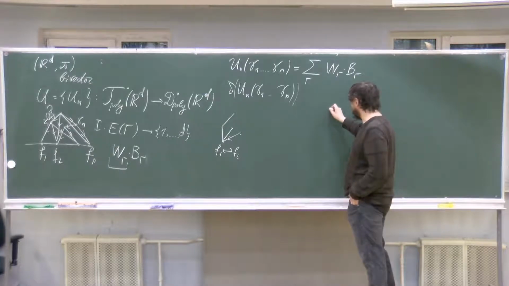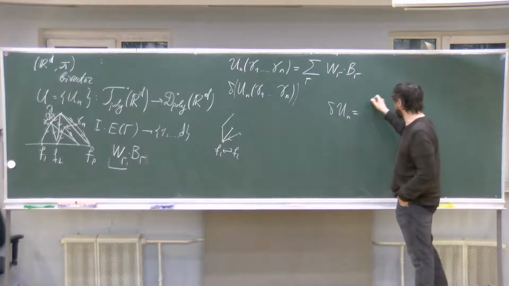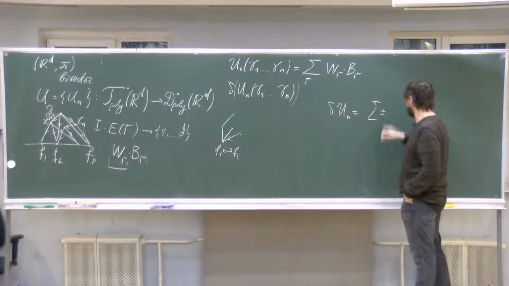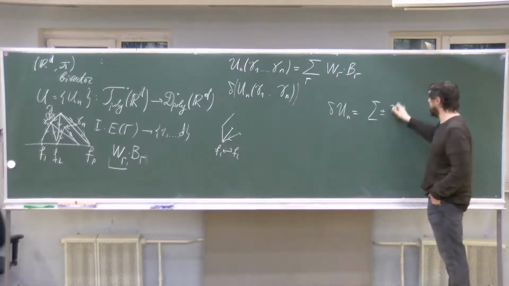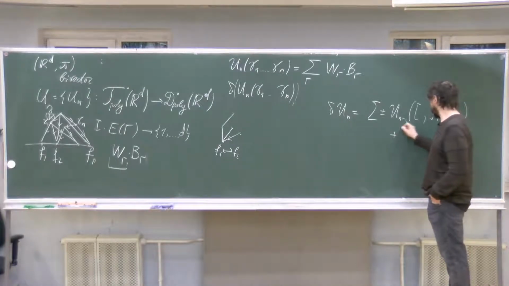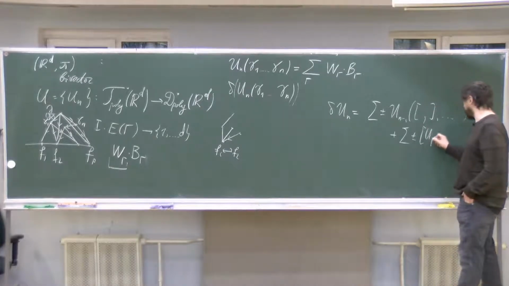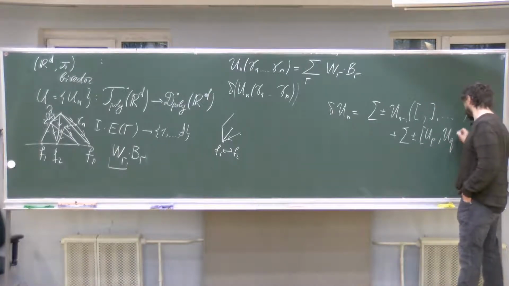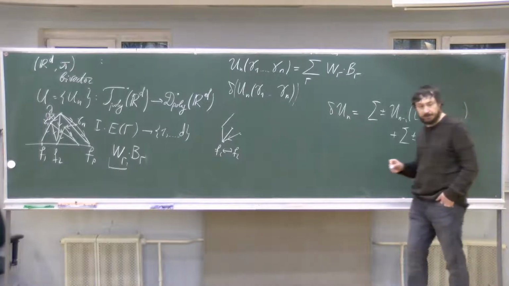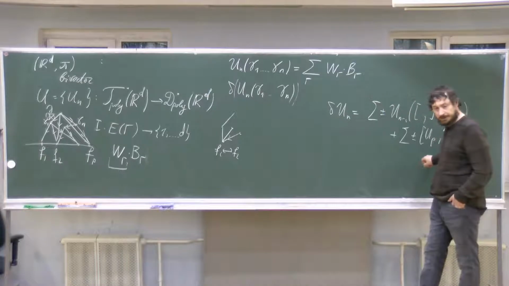Let me recall that an L-infinity morphism has this identity: delta of u_n should be equal to the sum with signs of u_{n-1} commutators inside here, plus the sum with coefficients with signs of the commutator of u_p and u_q. So all these terms can be reinterpreted in this way, right? For instance, this here amounts to